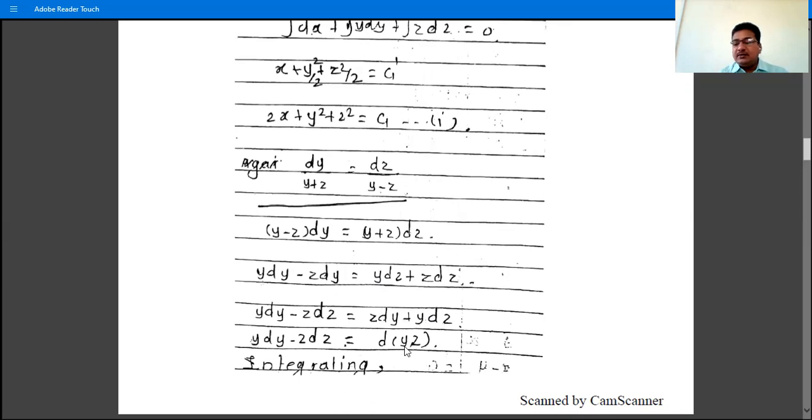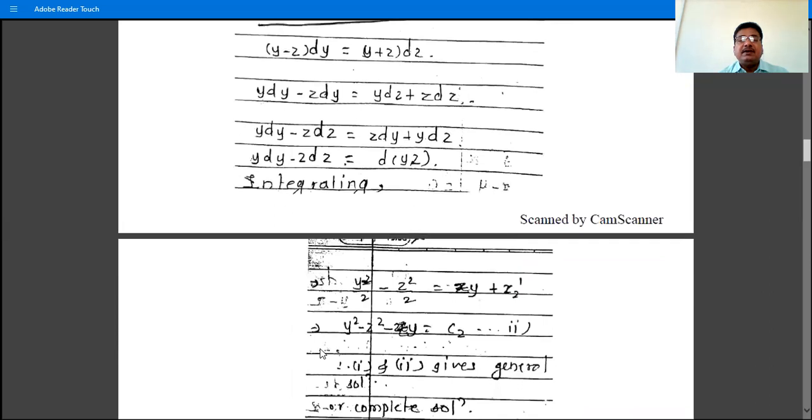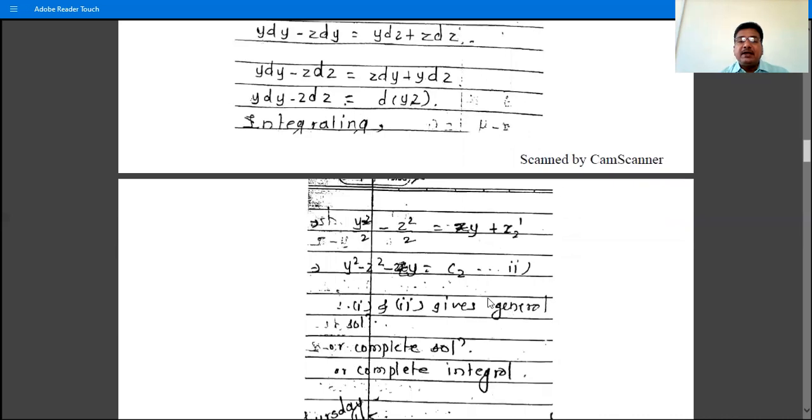So what is the derivative of y into z? It is y dz plus z dy, and then integrating both sides, what we have? Integration of y is y square by 2, integration of z is z square by 2, and the integration of d(yz) is yz, plus c2 dash as a constant of integration. Then multiplying by 2 and writing 2 c2 dash as c2, we have this answer: y square minus z square minus z into y